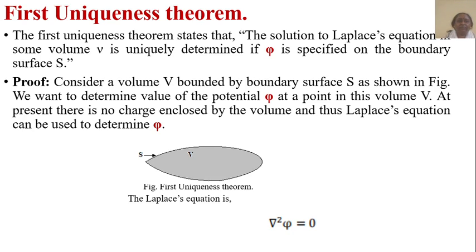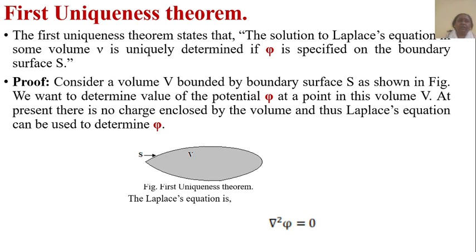First uniqueness theorem. Now, the problem of electrostatics primarily deals with calculation of the electric field of a given charge distribution. Generally, it is convenient to calculate the electric potential first, and then the field can be calculated from the known value of potential by taking its gradient. Now, the proof of a proposed set of boundary conditions will usually be presented in the form of a uniqueness